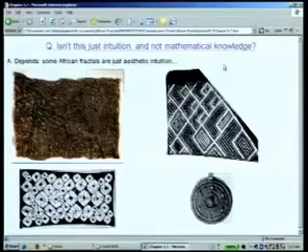And finally, well, isn't this just intuition? It's not really mathematical knowledge. Africans can't possibly really be using fractal geometry, right? It wasn't invented until the 1970s. Well, it's true that some African fractals are, as far as I'm concerned, just pure intuition. So some of these things, I would wander around the streets of Dakar asking people, well, what's the algorithm? What are the rules for making this? And they'd say, well,